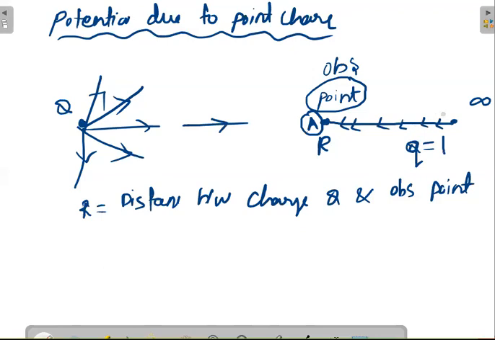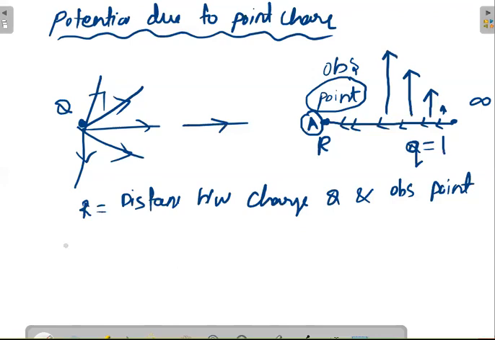In this case, I will spend less energy, because here the effect of the electric field will be less. A little bit of extra energy is needed because the electric field effect will increase. As you go towards the stationary charge, the electric field will be more, and you have to spend a lot of energy. So one thing is very clear: wherever you are, the electric field depends on the distance at that point. Electric field is not constant.